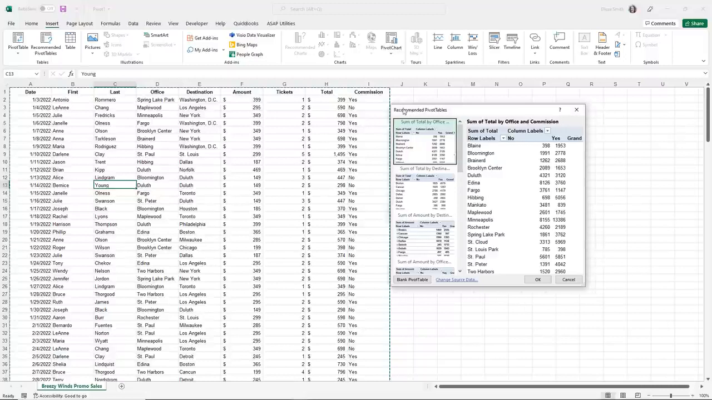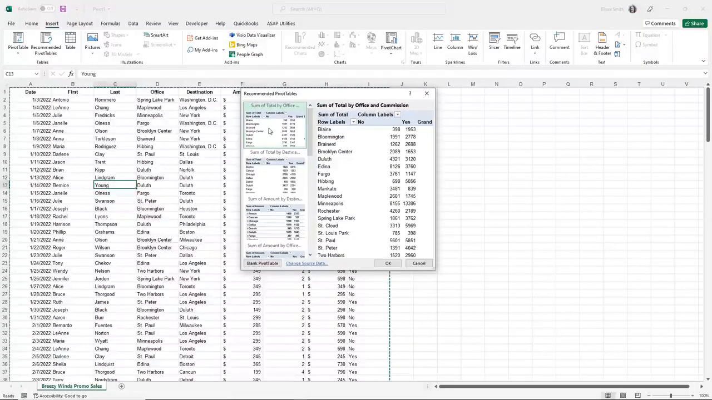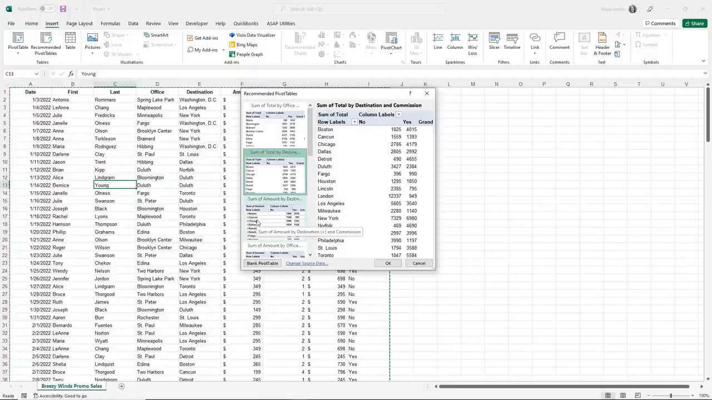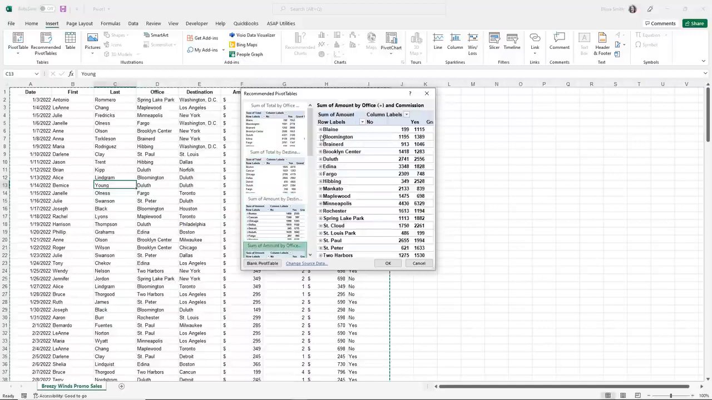In the recommended pivot tables box, what I'm going to see on the left are different pivot tables that Microsoft is recommending I could build based on my data set. You'll notice at the top it helps to describe them based on their name. Now again, pivot tables are not about showing you all the data. They're about analyzing specific pieces of the data. For example, this one is all about the sum of the offices and where a commission was created